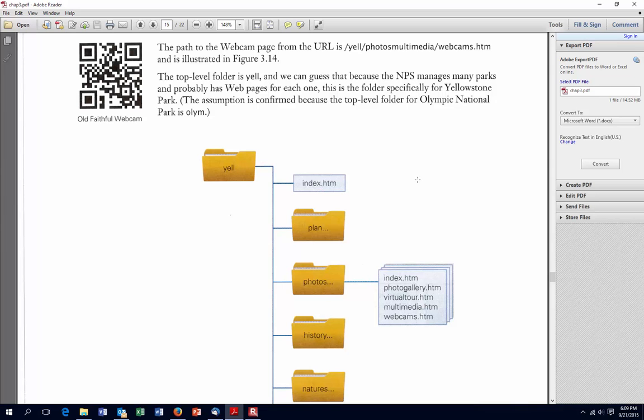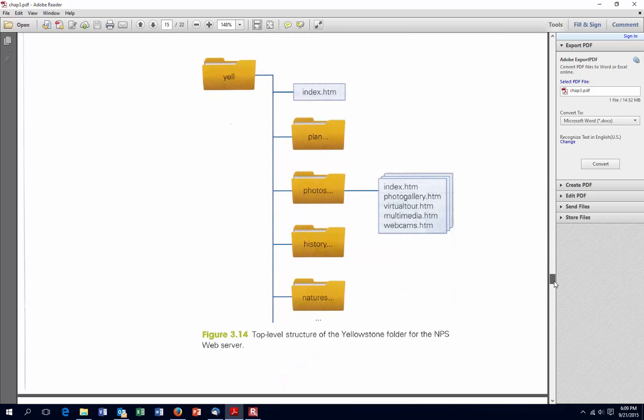Once you're there, you begin to see that there are other subfolders, pages, if you will, below that called plan, photos, history, natures. And within the photos folder are other subpages that you can look at. So that's a real good example of a file system structure and how you need to be able to